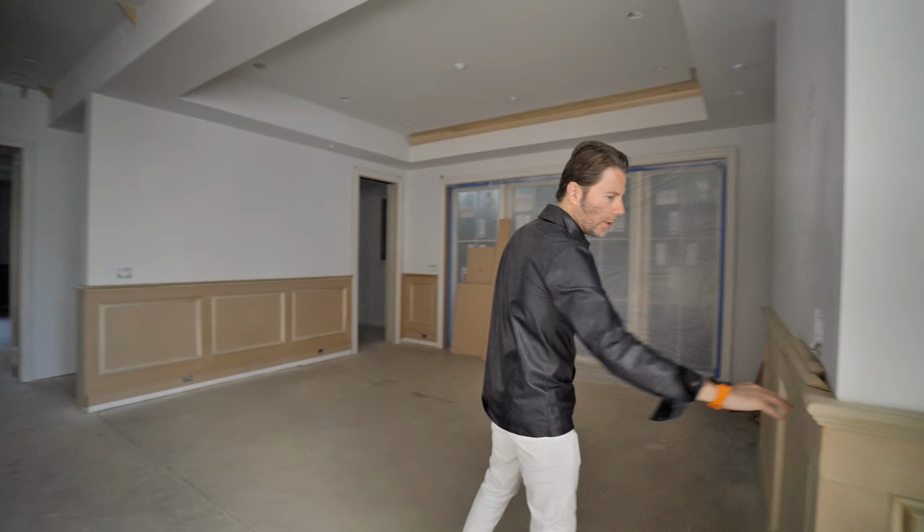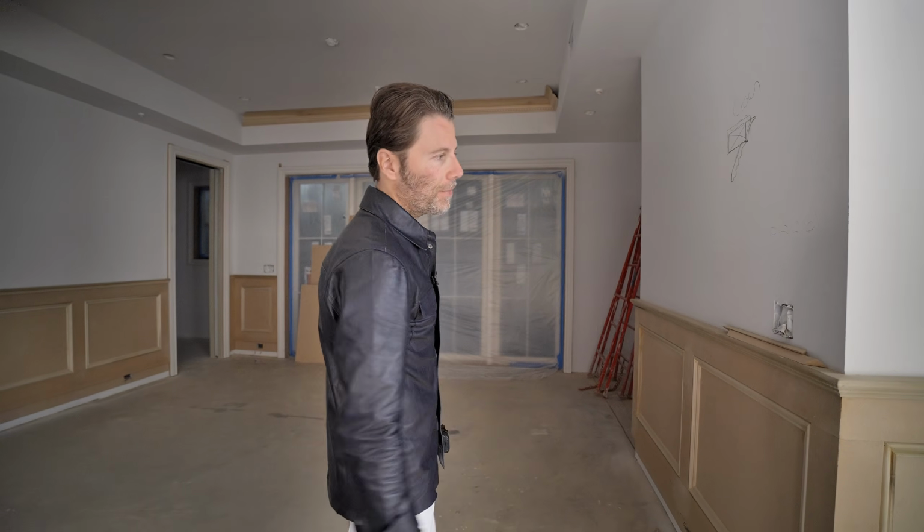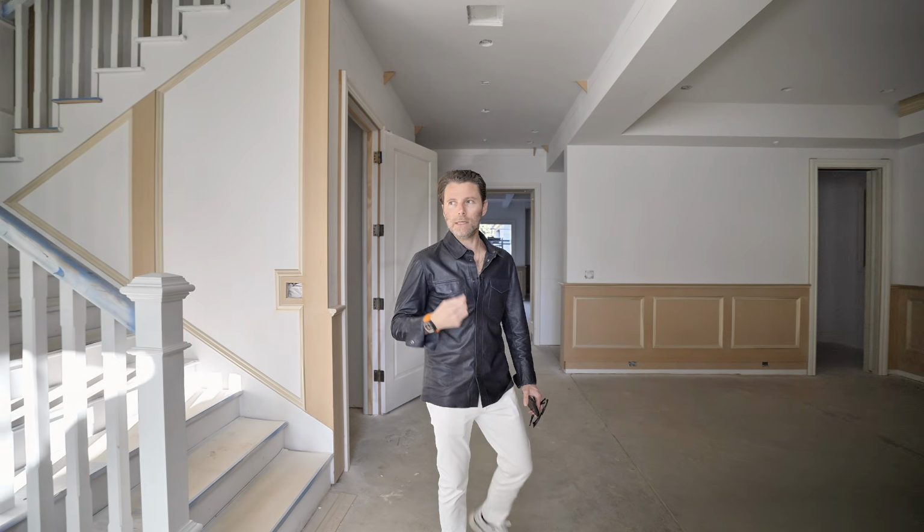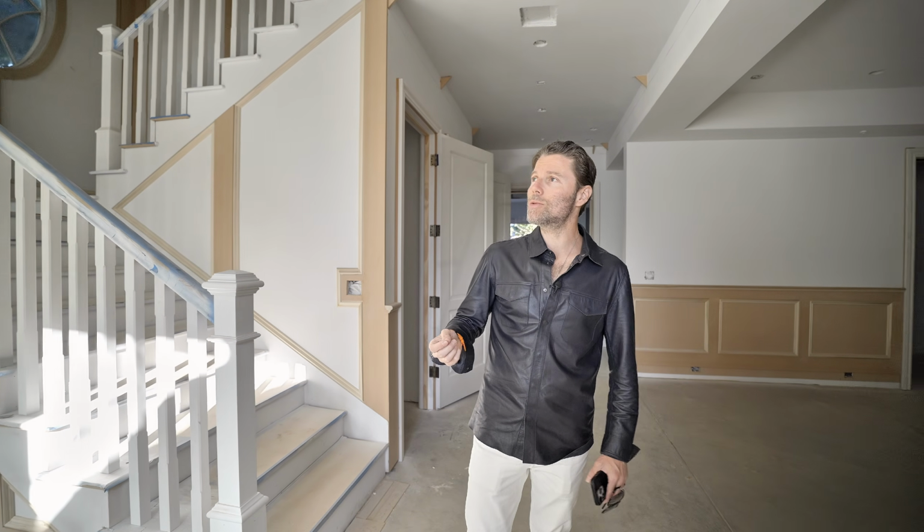You see, we have what we call wainscoting. You see those things in the walls? Those are what we call wainscoting. And you got the nice molding. And it really gives you the warmness and the feature that sometimes you don't get to see, those type of finishes, because especially